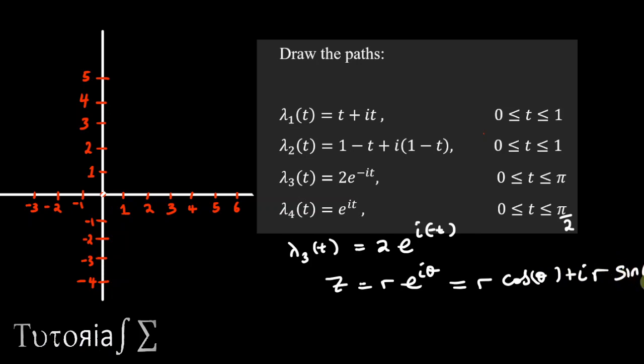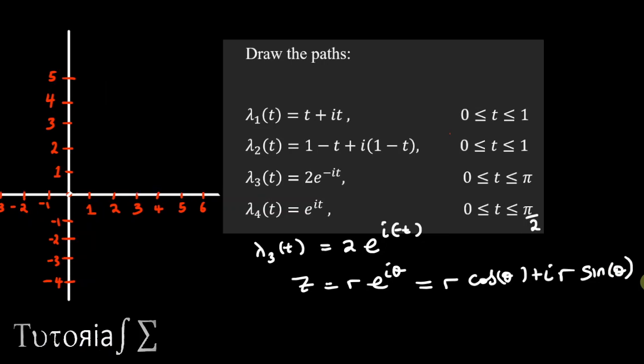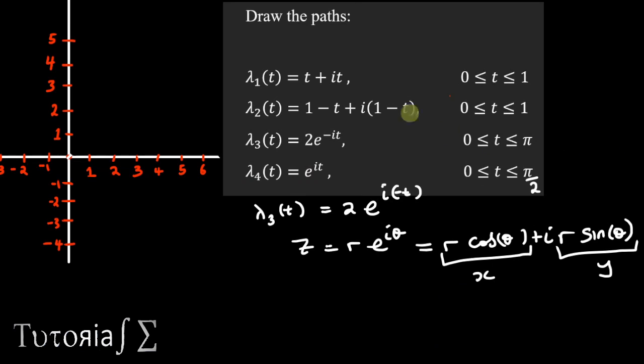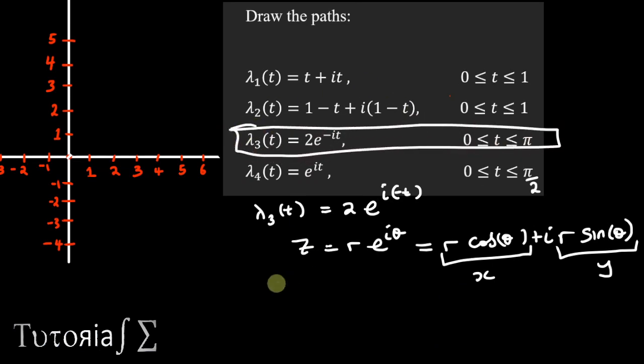So we know this fact, so we can use this fact to sketch our next line. So again, this is your x and that is your y. We can do the same thing on this equation here. Actually, there are two ways to draw this. I'll show you the first way, which is converting to rectangular, because we already have a rectangular xy plane here. So we have our path